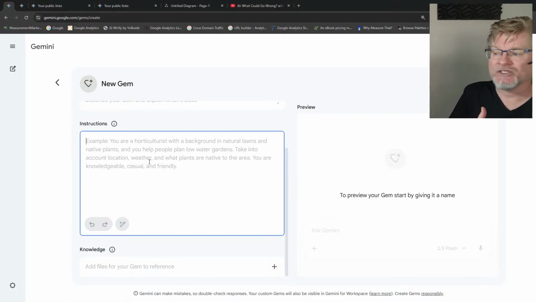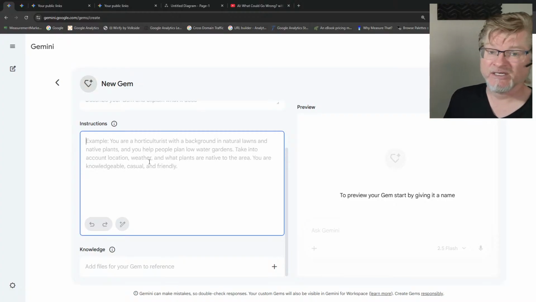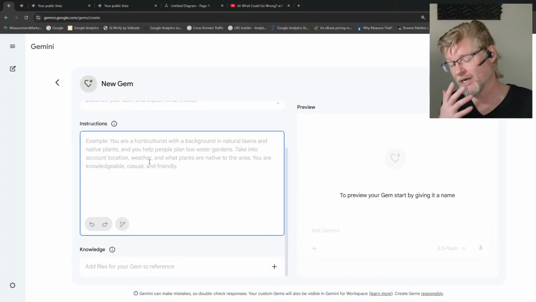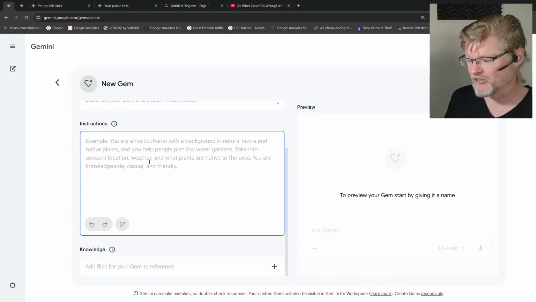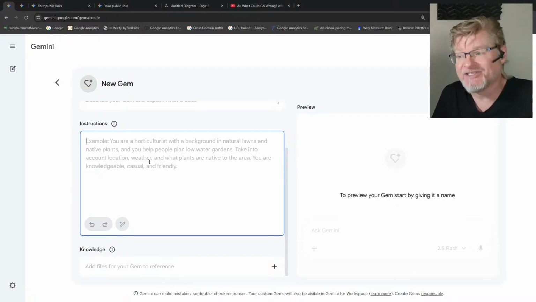And so this gem is where I can use, maybe I've got a problem of I'm trying to keep plants alive because I don't have a green thumb and I want to experience a gem. This would be a great one. This would be a really cool one, up there with the pretzel maker. You could do a gem that you can go to for advice on how to keep your plants alive